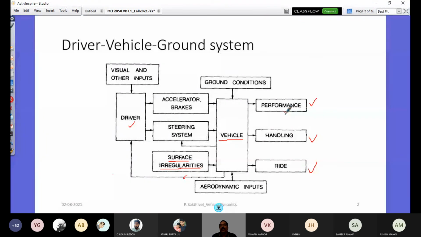You would have seen, while initially learning your driving, you go on a ramp in mall parking stations. So you have to go up the hill. So your vehicle has to be good enough to take you up the hill. If the slope is steep and you go up and suddenly the vehicle is coming back on its own, though you give your input, then the performance of the vehicle is not good.